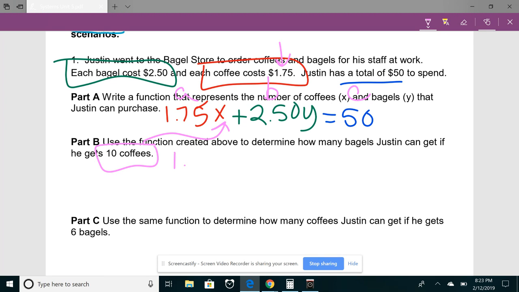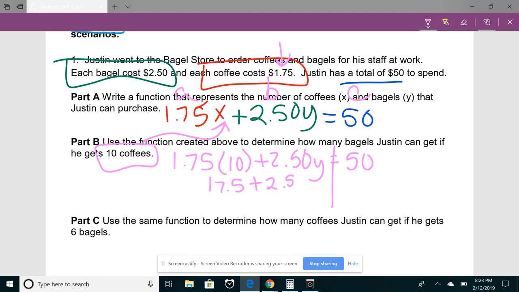So we have $1.75 times 10 plus 2.50y equals 50. And now it becomes an equation we can solve. $1.75 times 10 is $17.50. Minus $17.50 from both sides. And you get